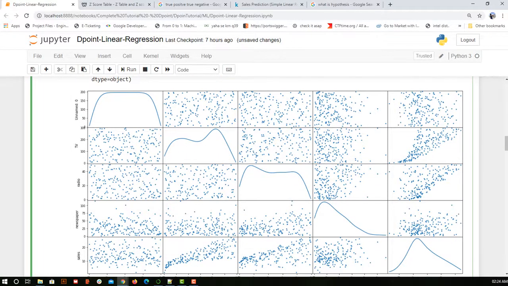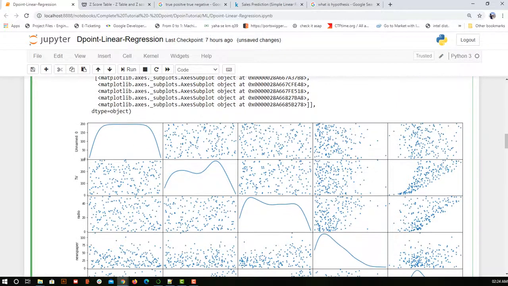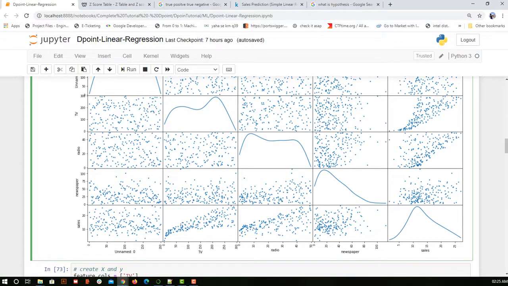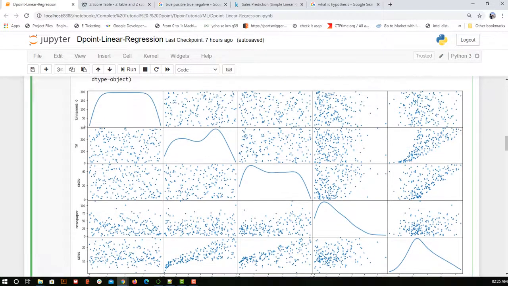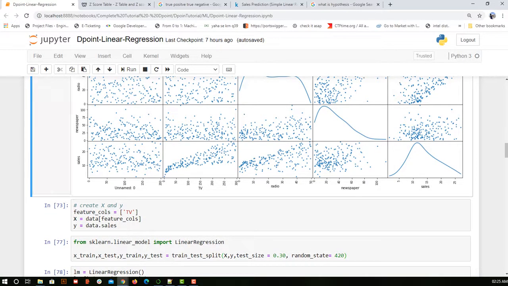This Unnamed you can remove, but it's not required. For the remaining we can see graphs of each column versus the other columns. Our concentration is sales versus all other columns. Sales versus sales is not required. The KDE or hist that we just saw in the diagonal option is for the graphs along the diagonal. If I give hist, I will get histograms along these diagonals. If you see Unnamed versus Unnamed, TV versus TV, then radio versus radio, that is the diagonal. But as of now our focus is on the last row. I'll zoom in a bit.